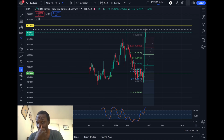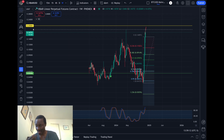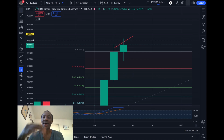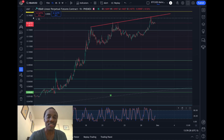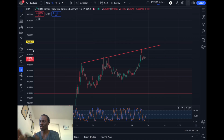Now, I go to the Femex chart because once I start trading, I want to get really precise with my levels, really precise with my prices. So when I go into my Femex exchange and I set my sell orders and my stop loss, I know exactly that it corresponds to the penny to what I'm seeing on the chart. I hope that makes sense. I learned that later on in my trading career, that you want to be precise and use the actual chart corresponding to the exchange that you're trading on. In any case,